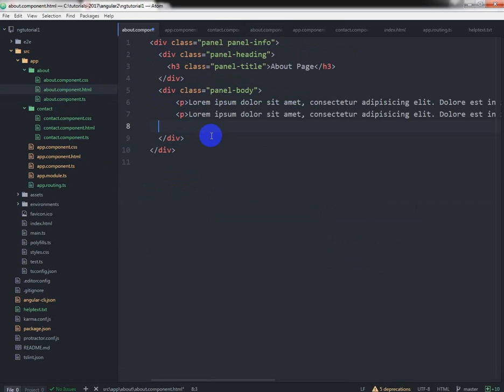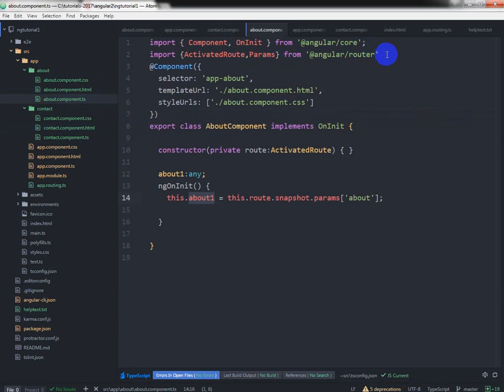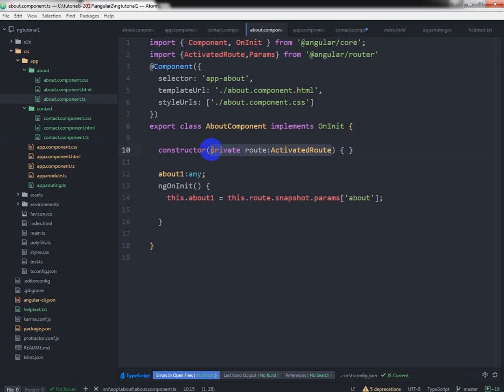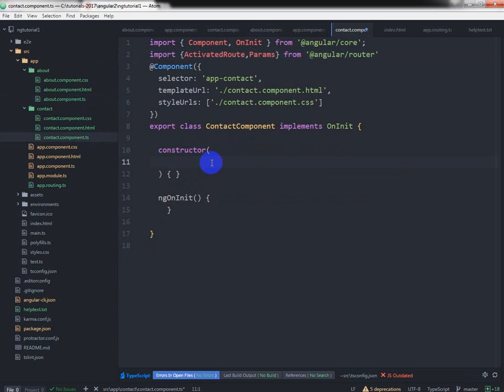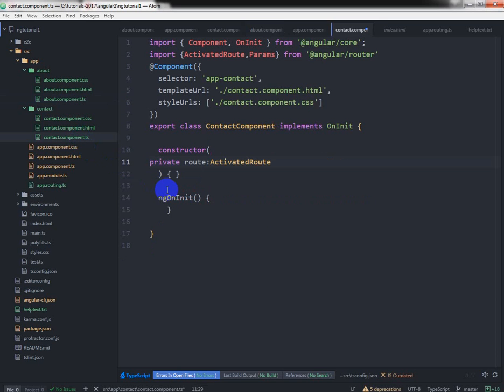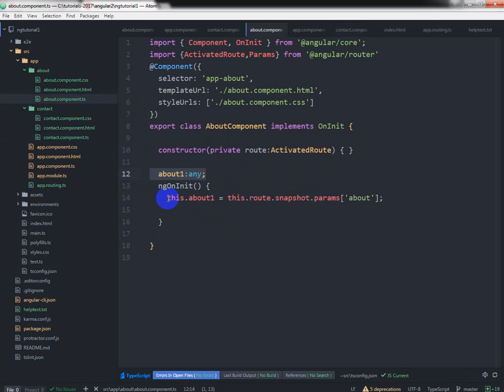For example, here, and we can do the same for here. Okay, and we can copy this into the contact component file, and this also can copy it here, and contact1, and here,